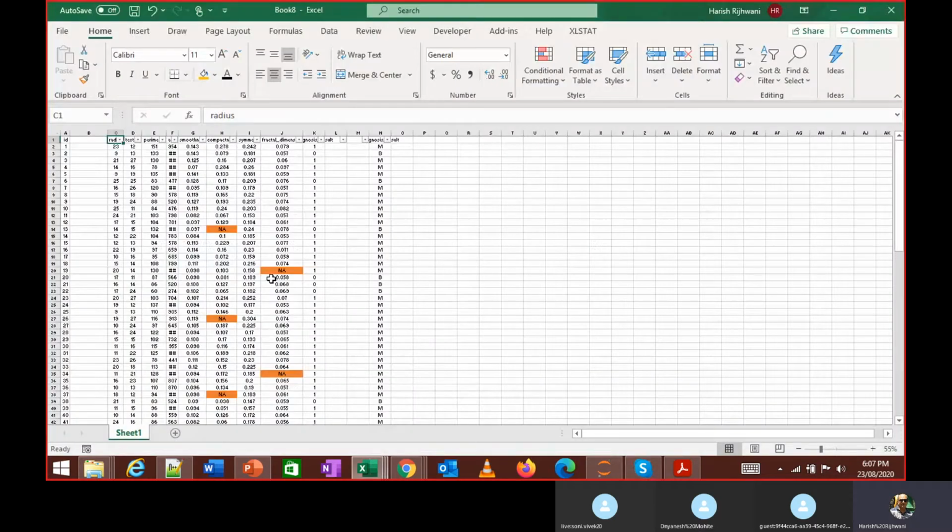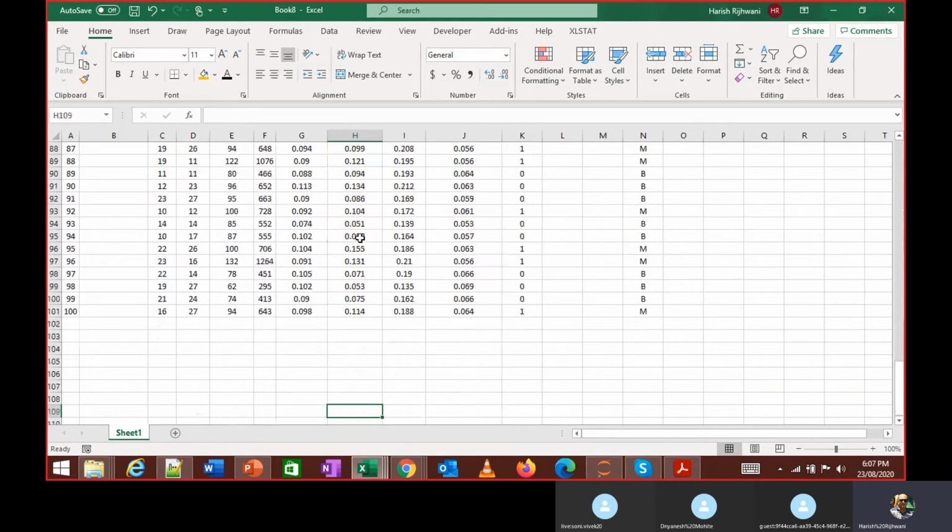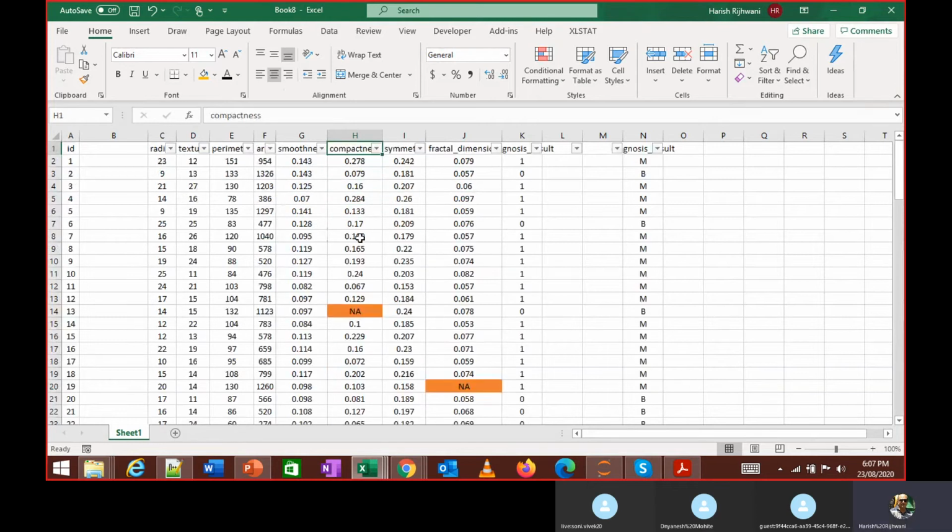Like I said, there are 5 values which are NA over here. So what we need to do, there are 2 ways. Either I remove these rows, there are 5 rows over here, remove those rows and continue, or